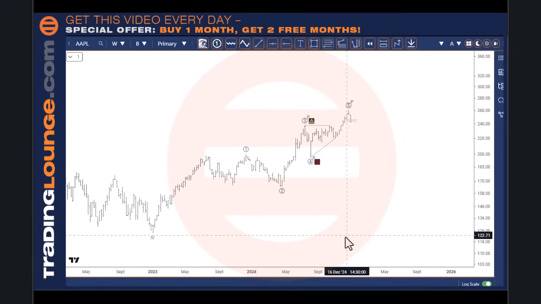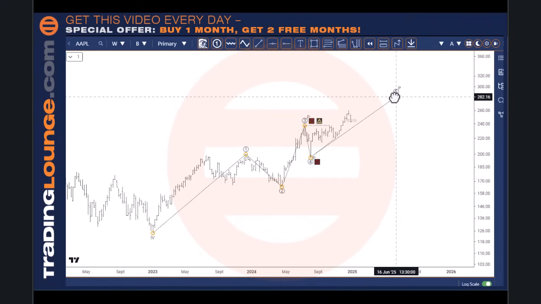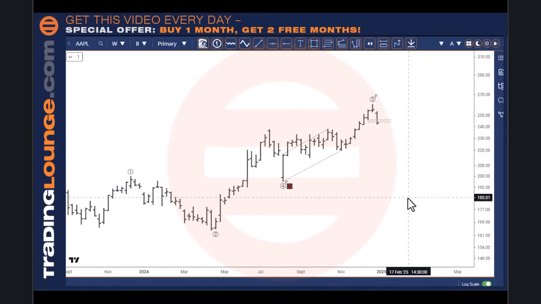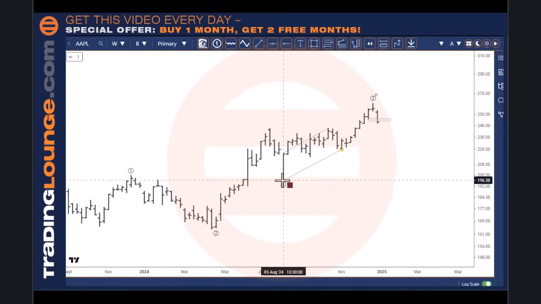So it's possible, but I don't see it as a top at this particular point in time, though it's possible to count it as a top. So we'll keep an eye on that. But most of the other markets are still looking for that wave 5 top over here, and that means that we don't want that one. We want this one here that can go over to here. That's why I say I'm a little bit clumsy with this, because this is quite accurate. I'll just push that out of the way for the moment.